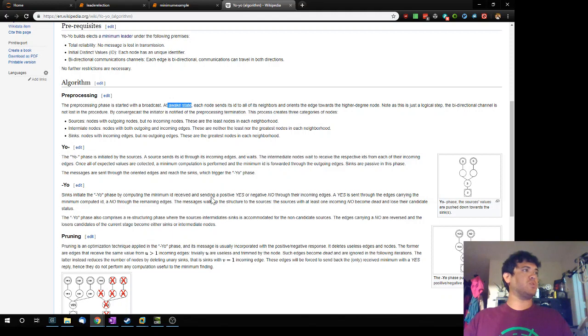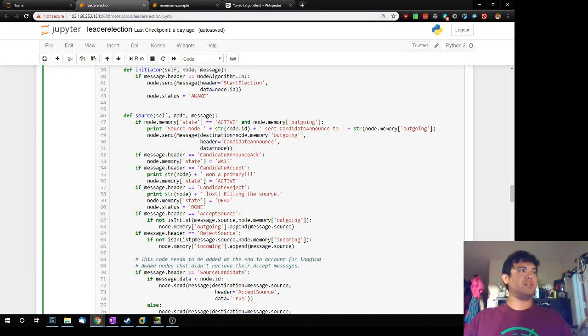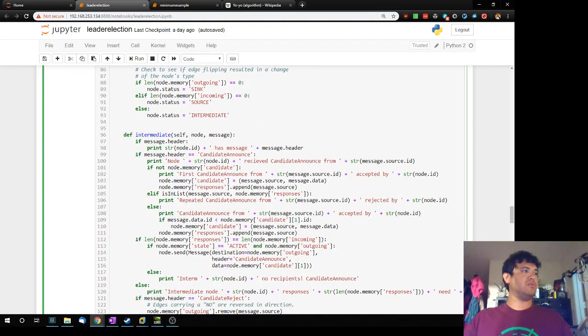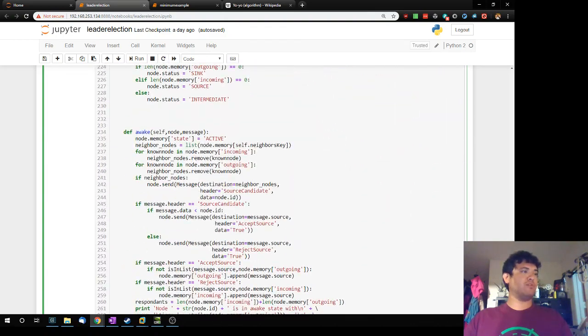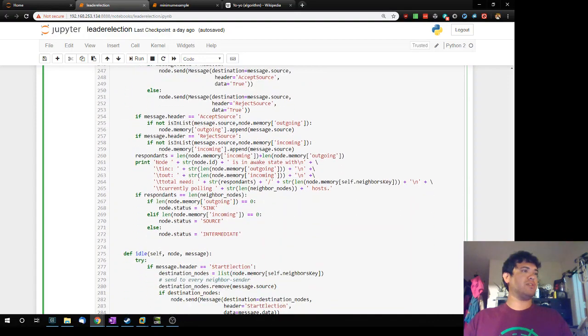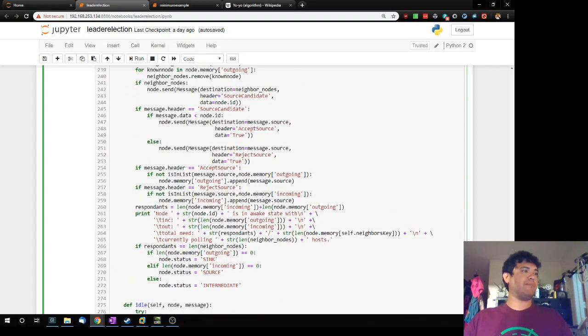So it's going to start trying to orient itself. In the awake state, it's going to poll all of its neighbors and figure out if it's a local minima. Once it gets enough respondents, it decides if it's a local minima, if it's a sink,